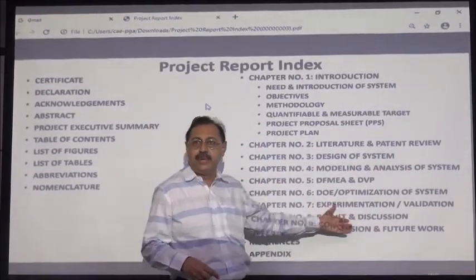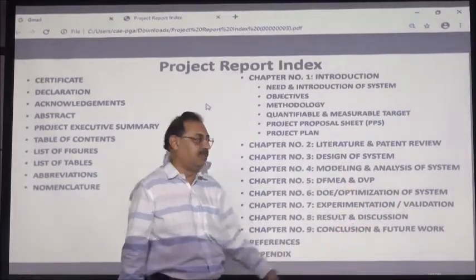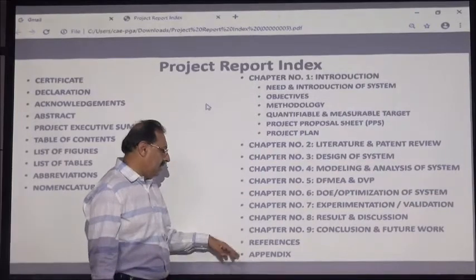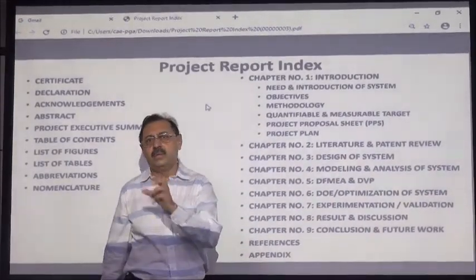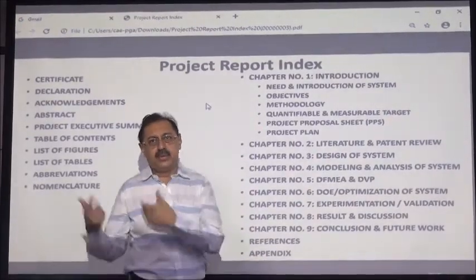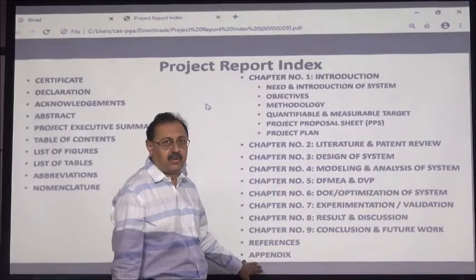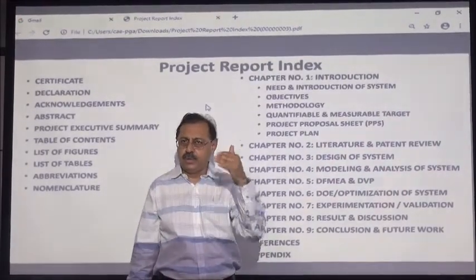Or maybe if you have done BTech, in future you can do MTech on the future course, or if you have done MTech, you can do PhD on the future course. Finally, you have to put all the references and the appendix. Appendix is something where, suppose you made a software, then you can put that in the appendix. Suppose there is a standard, you can put this in the appendix for reference. In the references, whatever you refer, you have to write the reference.